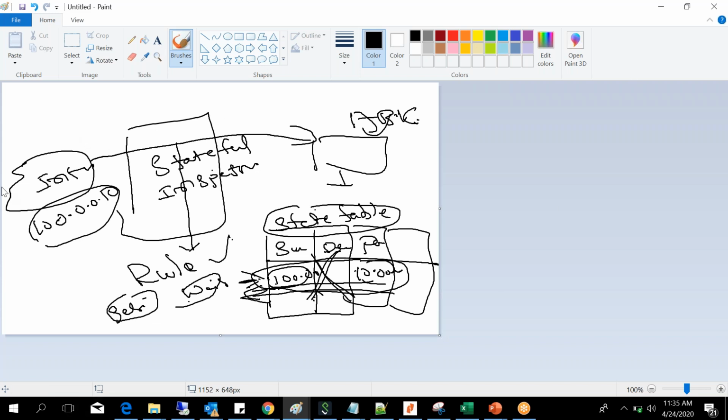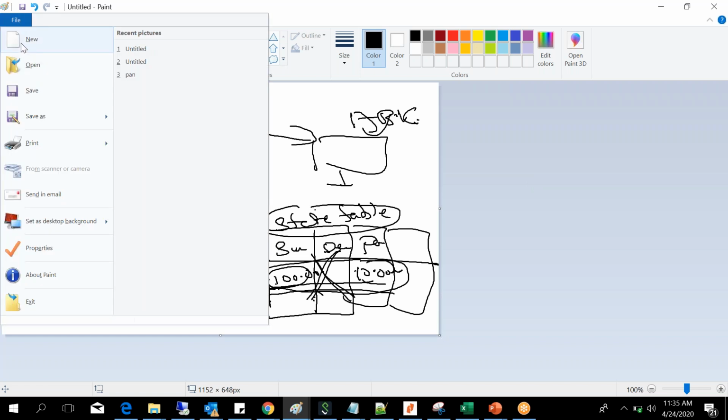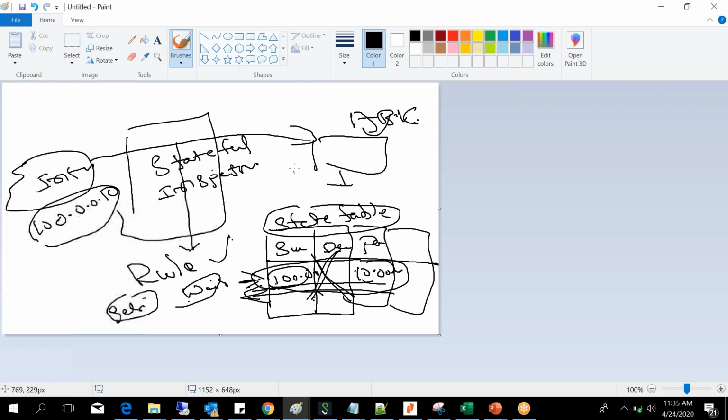And if I want to permit traffic from the internet to inside, that is an access control list. Any questions on the firewall? The firewall will allow or deny traffic based on the rules you configured.